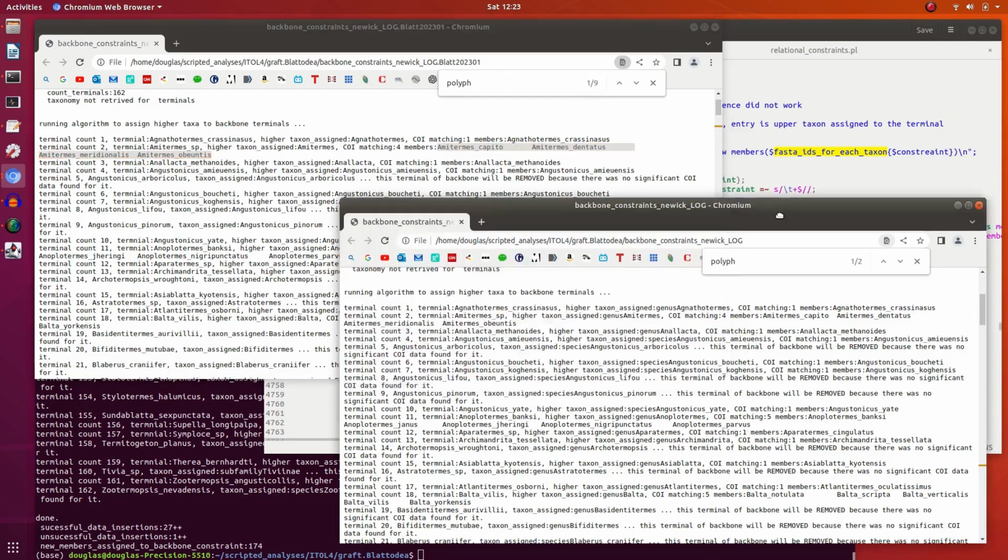Checking the updated log, amide terms, assign a higher taxon genus amide terms, and again found 4 in the core1 data. So this looks to be fine. So this seems to be bug fixed,